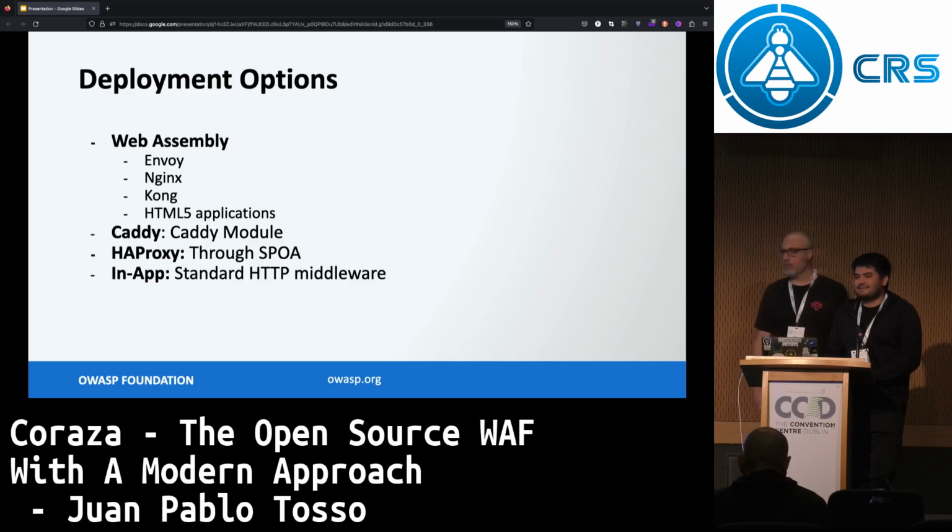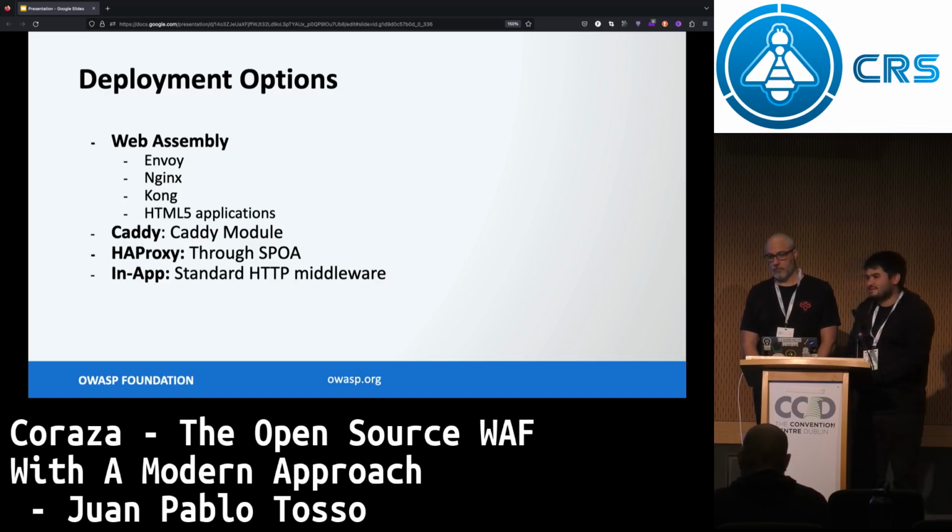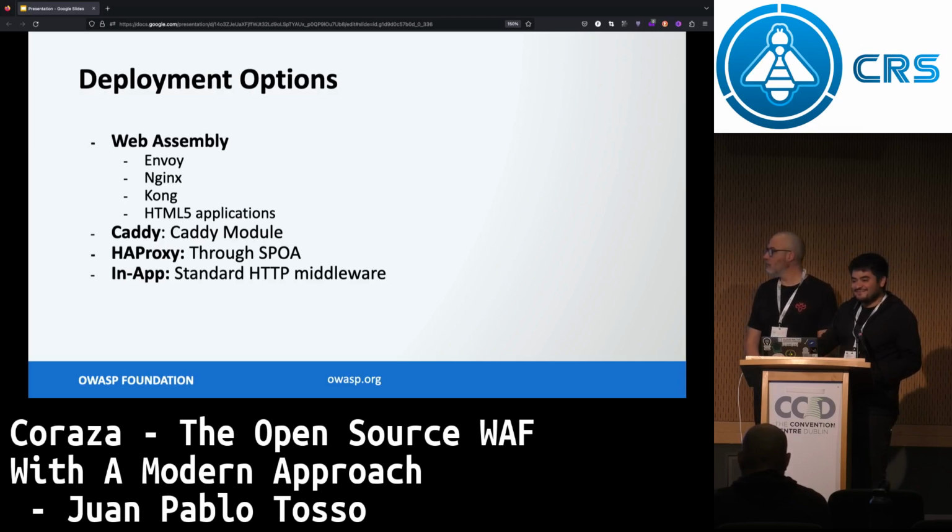called the WebAssembly proxy, WASM proxy, which is a standard that was developed to design proxy modules in WebAssembly. So basically, you transform Coraza into a universal proxy module. The project name is Coraza Proxy WASM, and right now it's the most stable implementation, I think, for Envoy. And you can even embed it in HTML. You can actually run Coraza in your browser. We will actually show you.